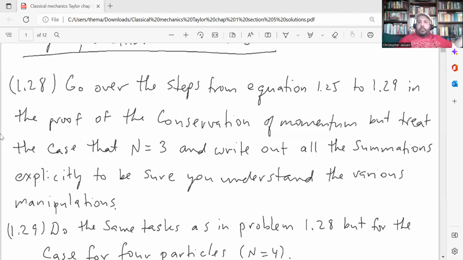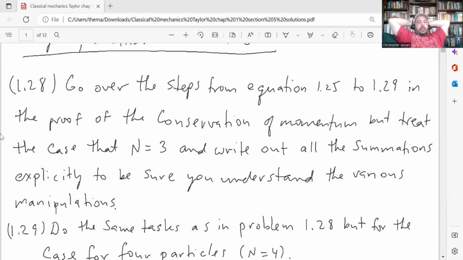I realized afterward that when I was talking about the equivalence of Newton's third law and the law of conservation of momentum, what we proved in the section was that the law of conservation of momentum follows from Newton's third law, not the converse of that. But we will do that in the exercises. I just wanted to mention that so that people don't think that proof was for the equivalence, because it wasn't. It was that one follows from the other. So anyway,